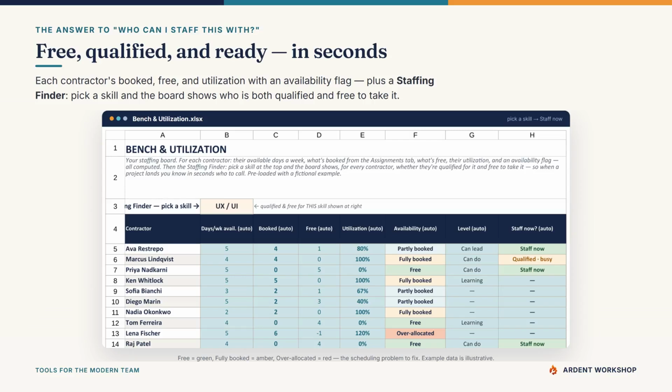Here's the part that earns its keep. Pick a skill in the Staffing Finder, and for every contractor, the board answers 2 questions at once. Are they qualified, and are they free? And flags the ones who are both. Staff now. When a project lands, who can I staff this with stops being a memory test and becomes a